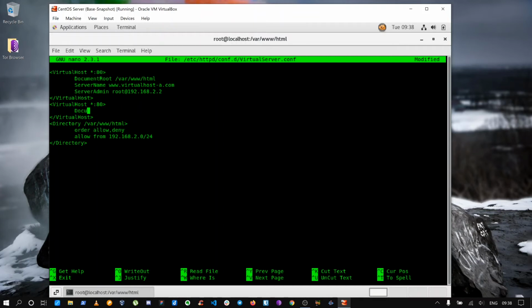Remember, the root directories for both the sites will be different, only then it can differentiate. So this will be html2. You can name anything. Server name www.virtualhost-ssl.com. Server admin will be the same. Root at 192.168.2.2.